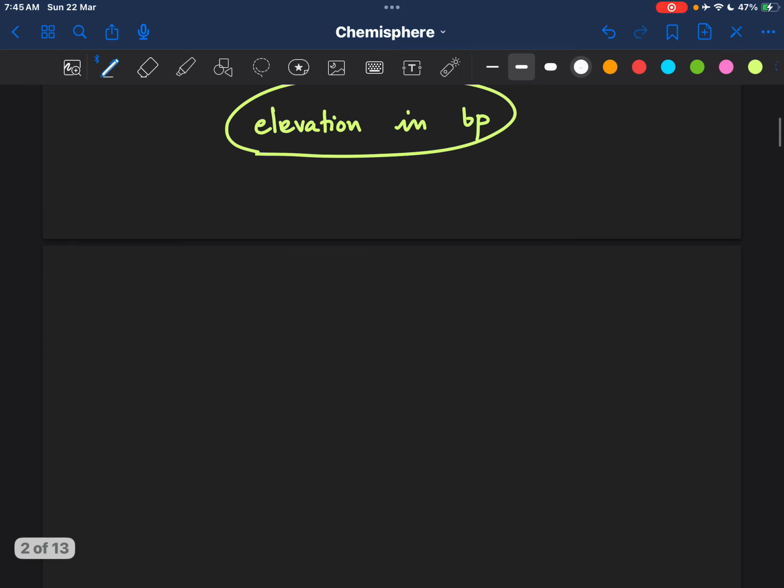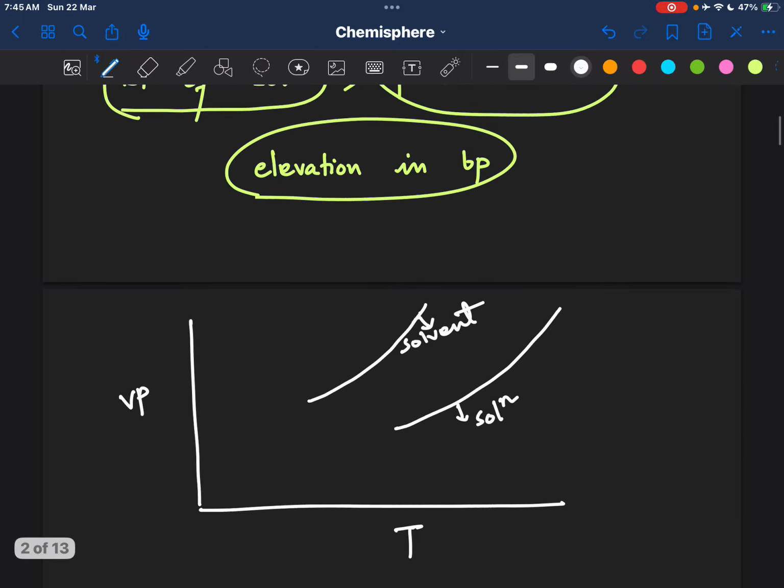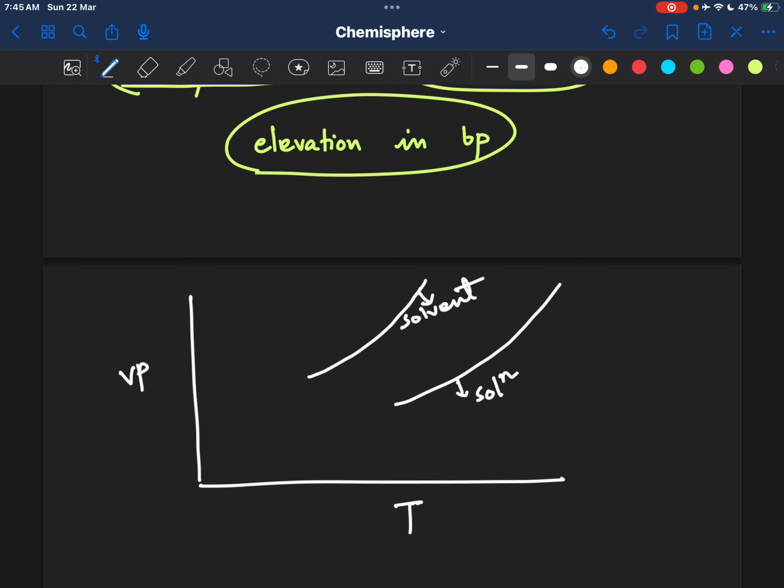So if we draw a graph of vapor pressure versus temperature, we'll see that roughly we get something like this. Okay, where this is the curve for the solvent and this is the curve for the solution. As you can see, this is a graph of vapor pressure versus temperature. Okay, and let us say that this value here is 1 atmosphere, that is the atmospheric pressure. So if we draw a horizontal line to intersect these curves, this particular temperature